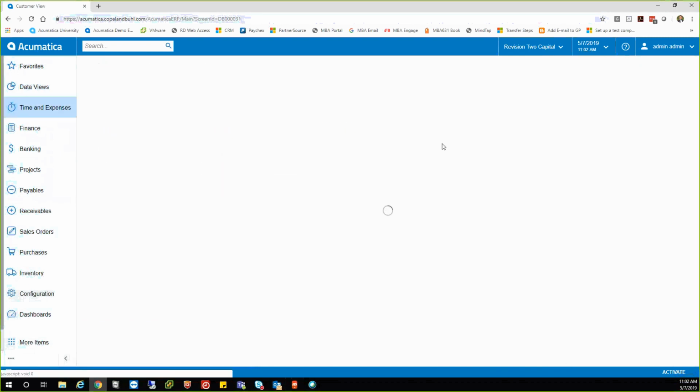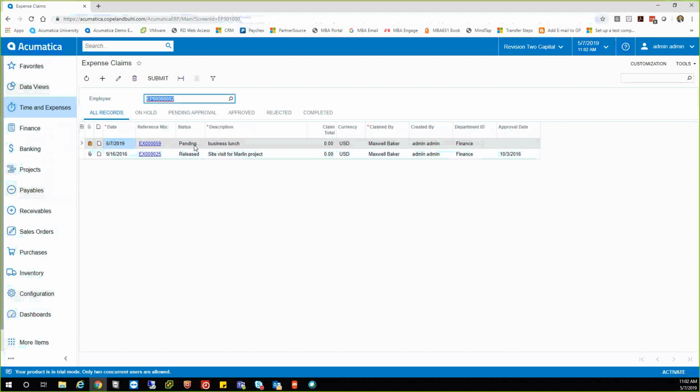our expense claims, and see it right here as pending, business lunch, Maxwell Baker, who I was logged in as, and we can click and see our receipt attached. Obviously, it's not a good picture, but